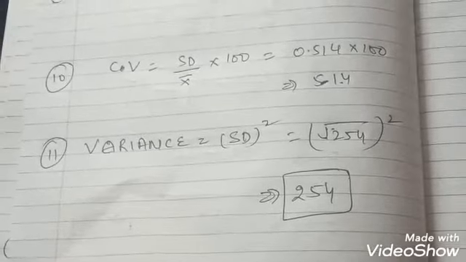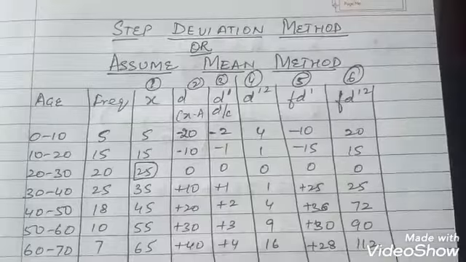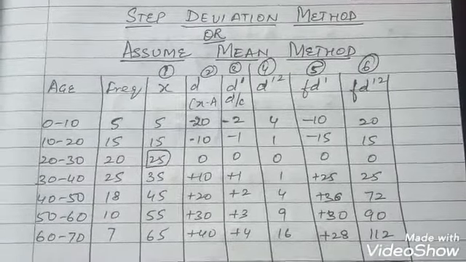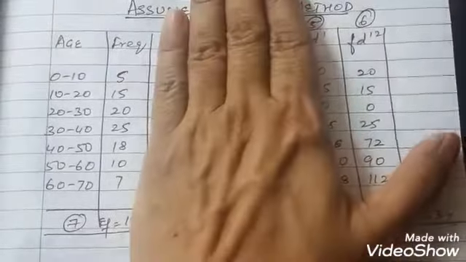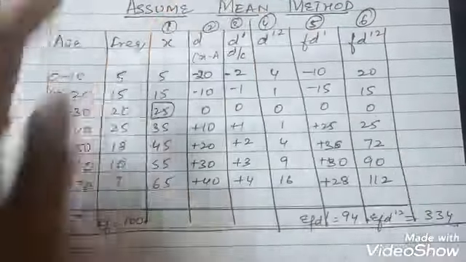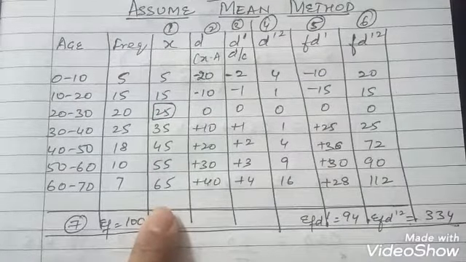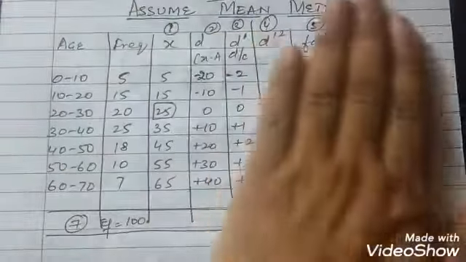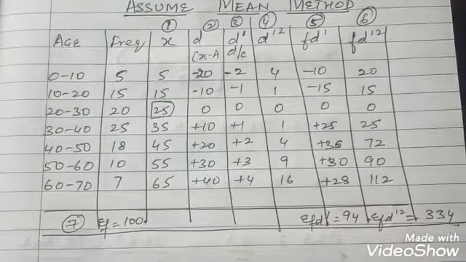Children, I expect you to do the sum by yourself without looking at the solution. Just copy the numerical, do the sum, and then cross check it here. Now calculating standard deviation using step deviation method or assume mean method. Children, here look, this is the sum again, right? Once you calculate x, mid value, you can even call it m, what does the sum look like? It looks like a discrete series.